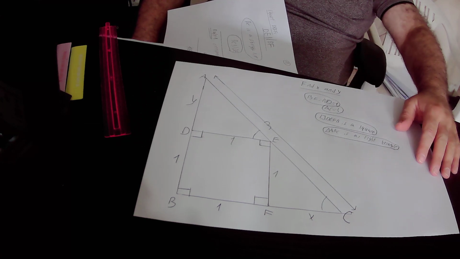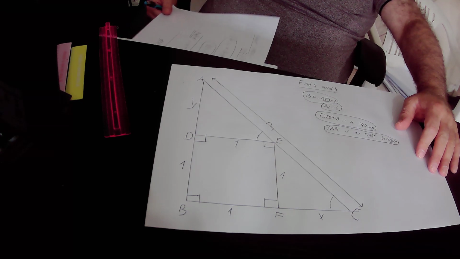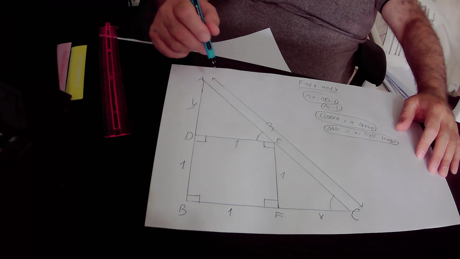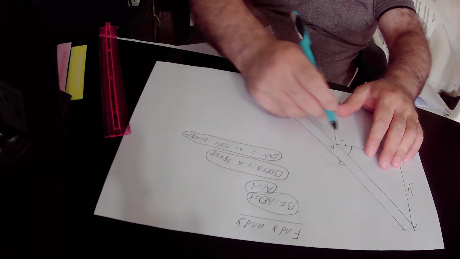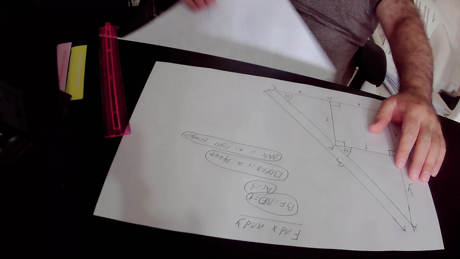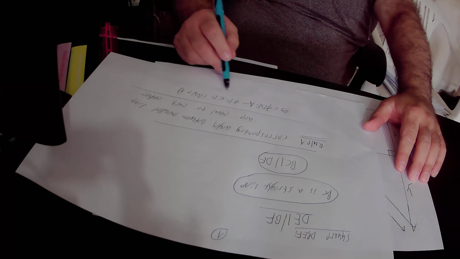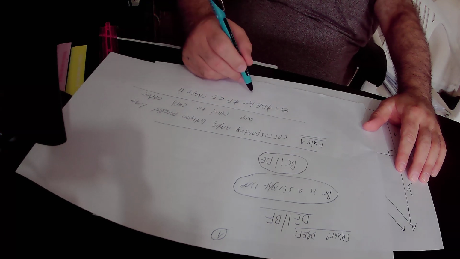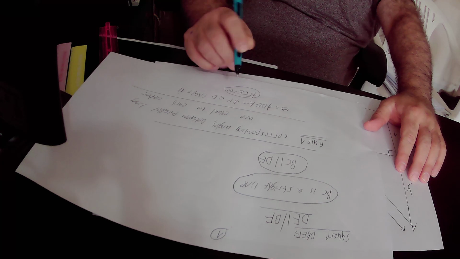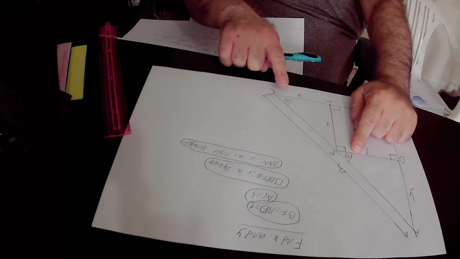So if we define angle DEA as theta, and this angle equals theta, then this angle will also equal theta. Here you can see if angle DEA equals theta, from this equation we derive that angle FCE also equals theta. So those two angles are both equal to theta,